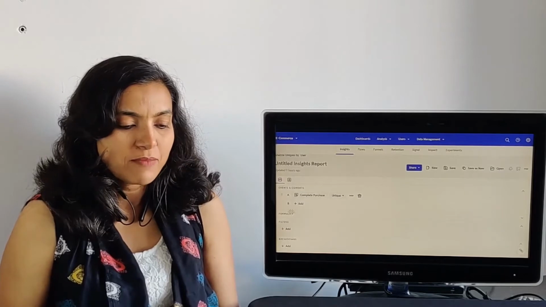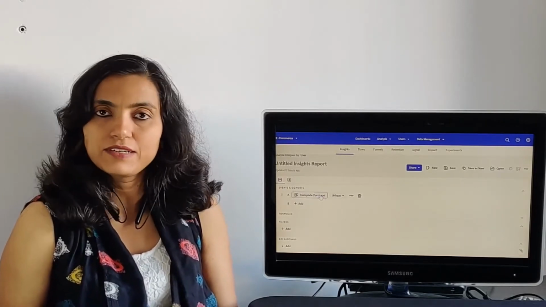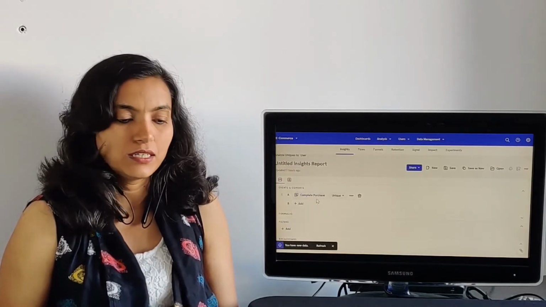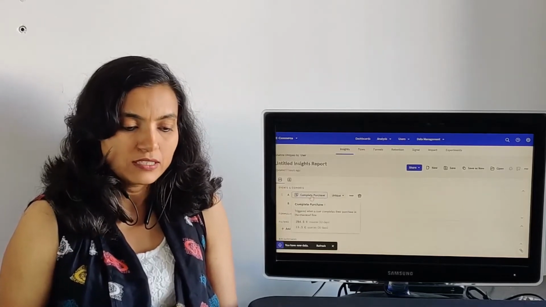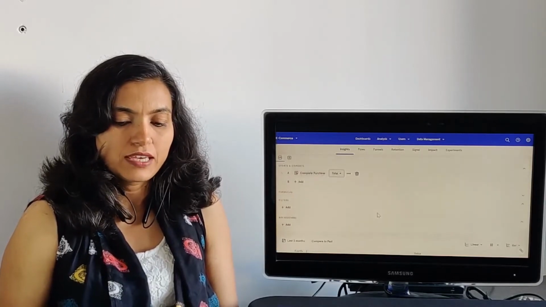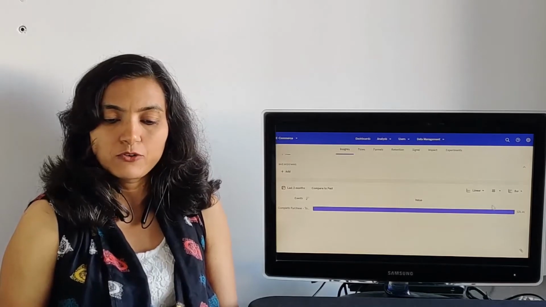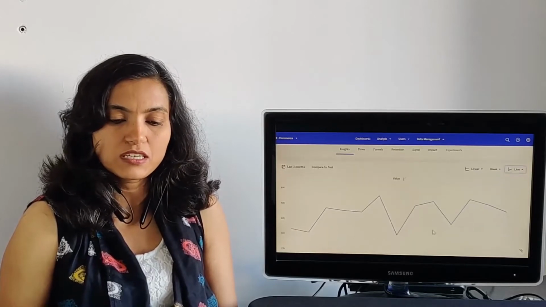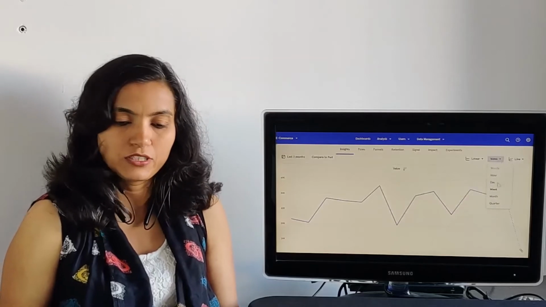So specific to Mixpanel, we had seen how in this sample dataset, complete purchase is an event that is fired when the user makes a purchase on this e-commerce platform that this sample dataset is supposed to represent. So if we plot this event and plot total number of events, we get the total number of orders placed in a specific period. We can also draw a line chart here, which is default, to see the number of orders on a week by week, day by day, month by month, quarter by quarter, or even hour by hour basis.